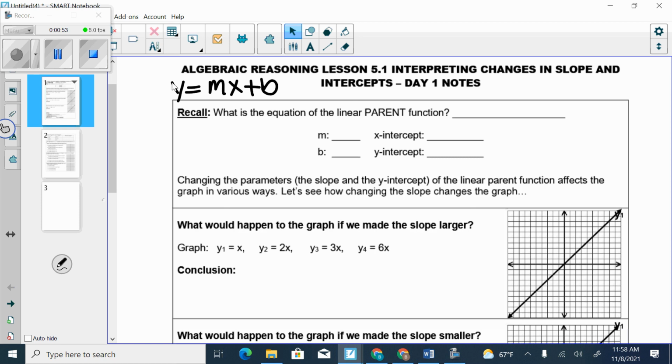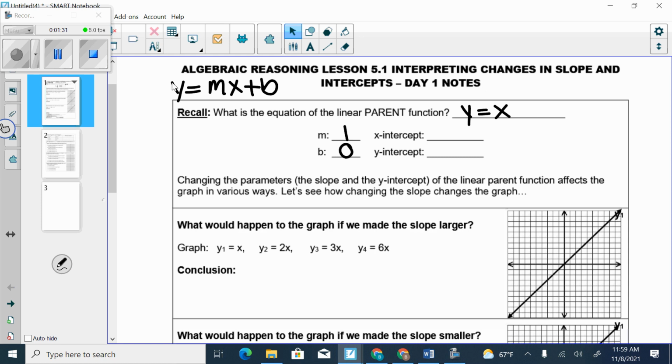So if I want to go up and over the most basic amount, how much up and over am I going to go for each point? 1 over 1, right? So the equation for the parent function is just y equals x, because our m is 1, so we don't have to write it, and our b is 0, so we don't have to write plus b. So if my m is 1 and my b is 0,